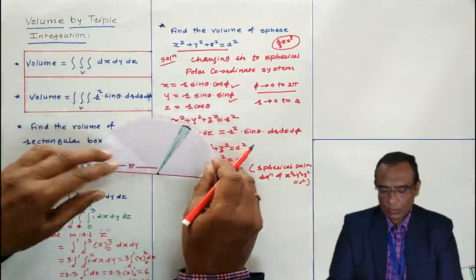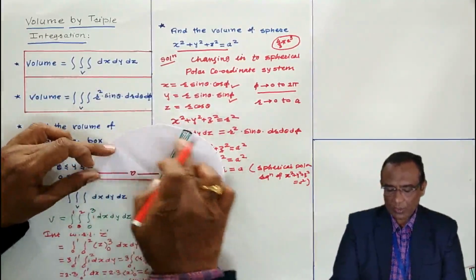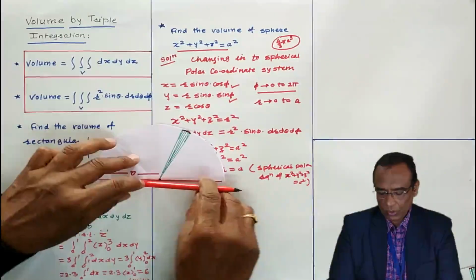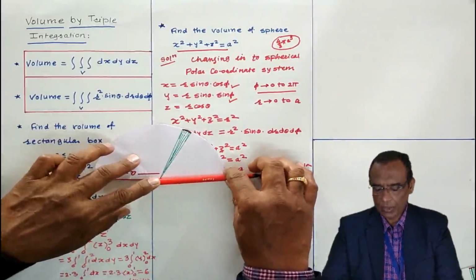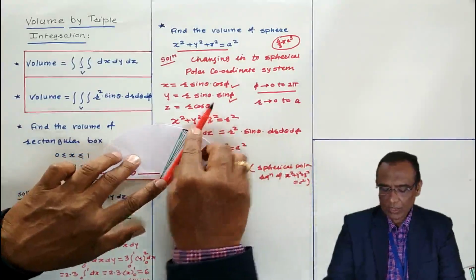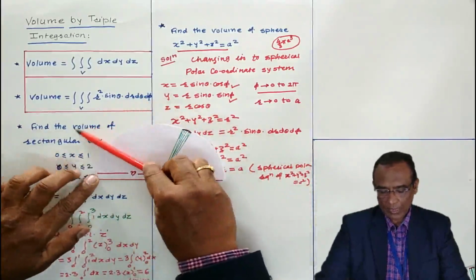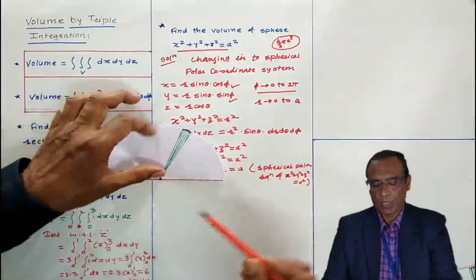Now in order to cover this semicircular region, what do I have to do? I have to consider the strip like this. The strip I am keeping at theta equal to 0, and in order to cover this, I just have to move through angle pi so as to cover this semicircular region.